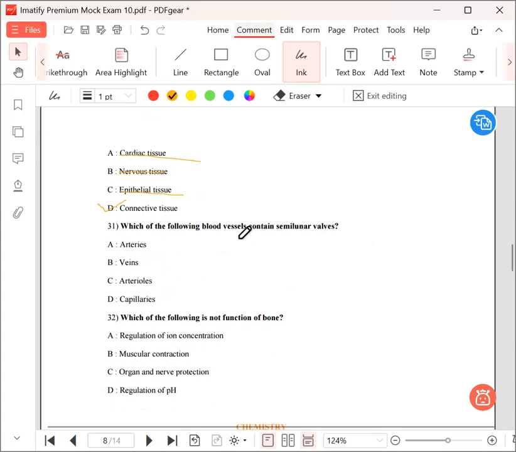Which of the following blood vessels contains semilunar valves? Capillaries? No. They have precapillary sphincters to control the blood flow. Arterioles? No, they don't have any kind of semilunar valves, even in the exceptions. Arteries and veins. In the arteries, there are generally no semilunar valves because the blood flow is high and the blood pressure is high in one way, except two arteries,